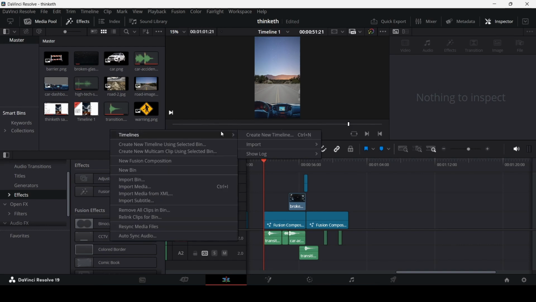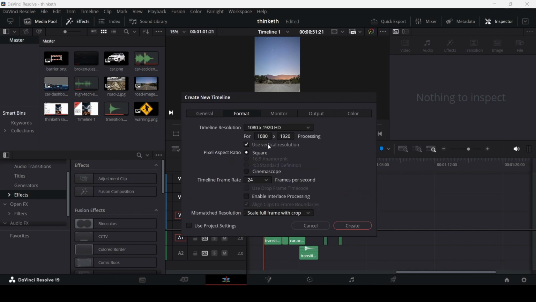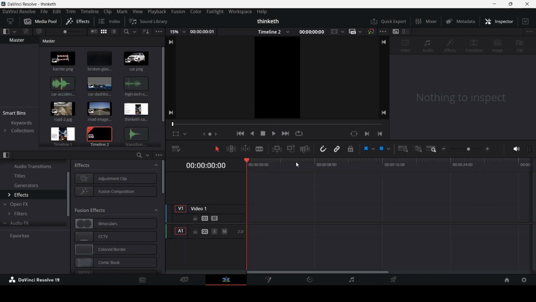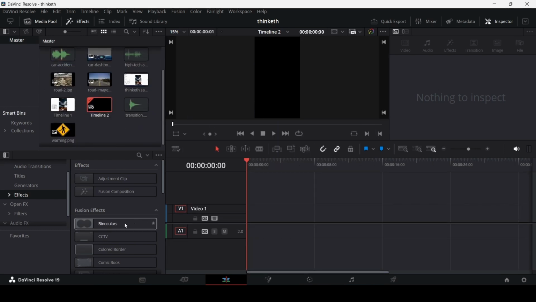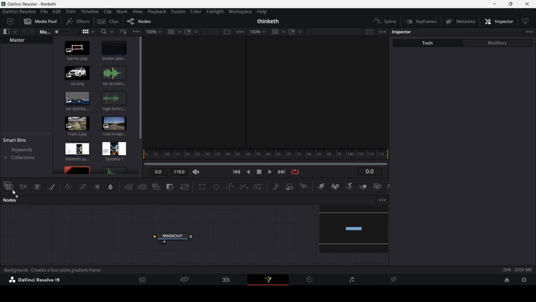So right now we're going to create a new timeline and we will use the vertical resolution. Okay. Now the first thing is to add a Fusion composition and we're going to keep this at 5 seconds. Now we're also going to add another composition because there will be two different compositions and we will add a transition in between them. So in the first composition, let's go ahead to the Fusion page and add in a